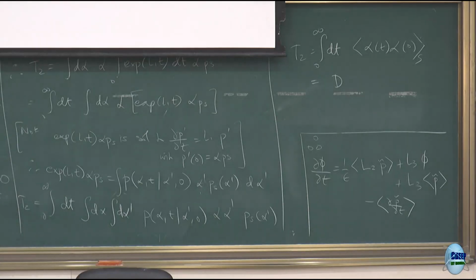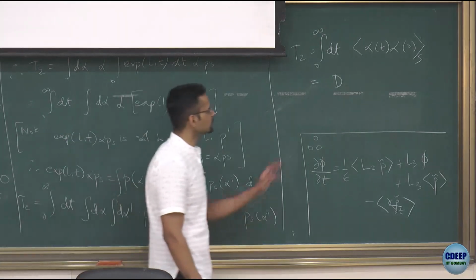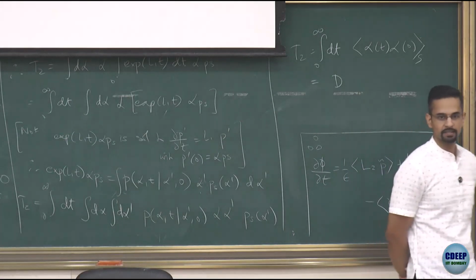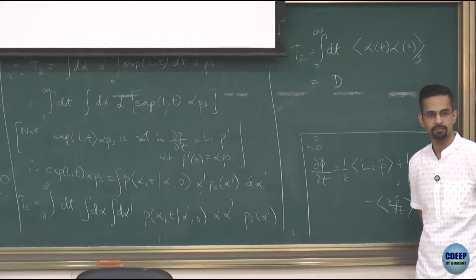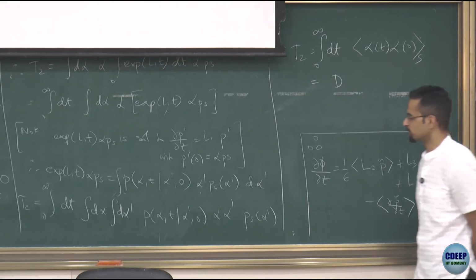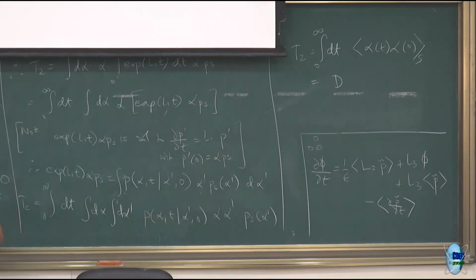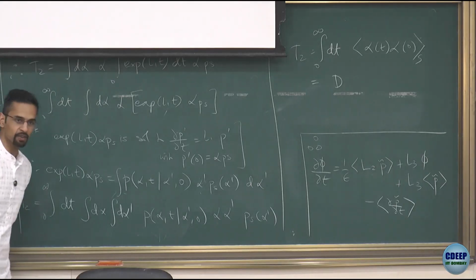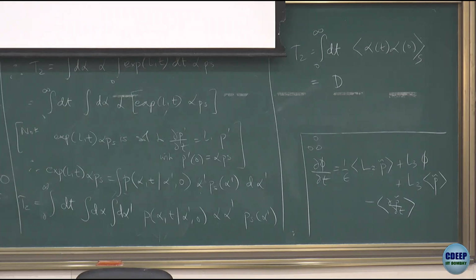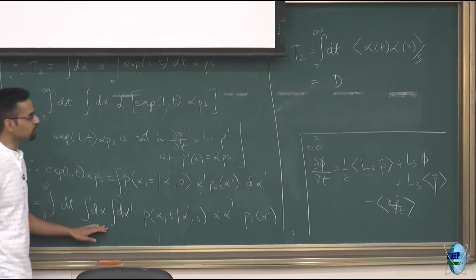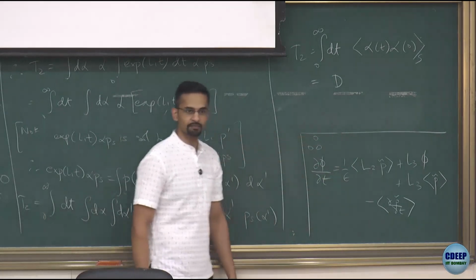Correct? So we said we are looking at some stationary process alpha, where the integral from 0 to infinity of the autocorrelation function is capital D. So this is what we ultimately wanted to do: without having to specify precisely how we are generating alpha, get an equation in terms of only its properties. The two properties we had specified: alpha is 0 mean, which we use repeatedly, including here to calculate L1 inverse. And now we've been able to write the last term in the equation in terms of its autocorrelation.